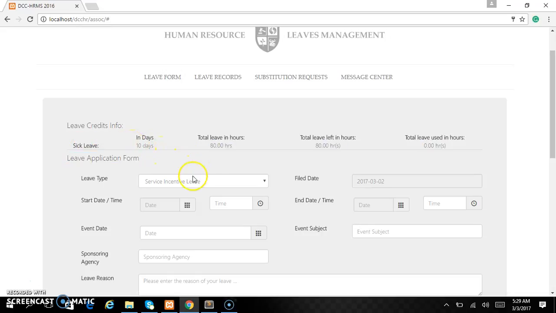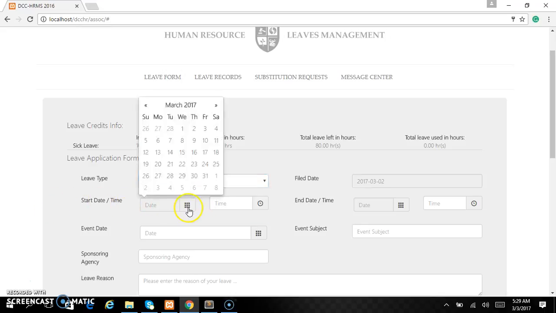So you're going to apply a sick leave. Then start time, date and time.